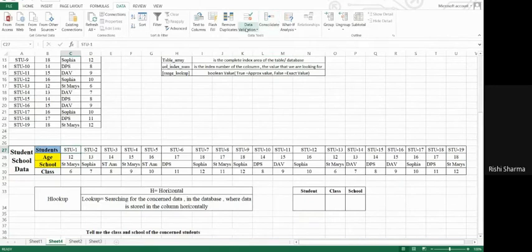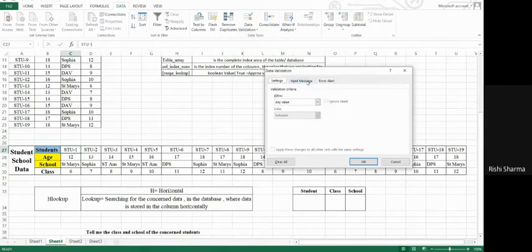Go to data validation, and then I have to select the list, and then I have to